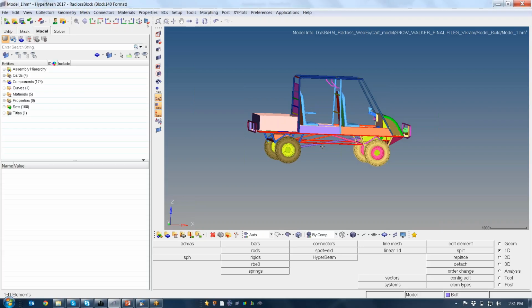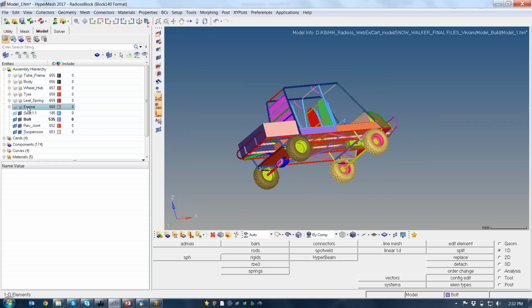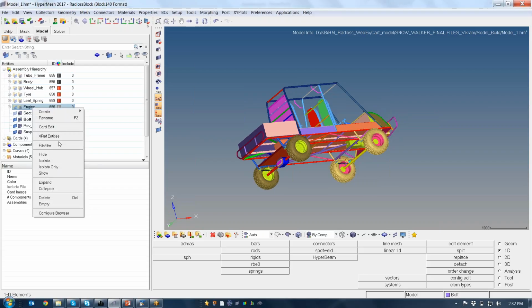Okay. So when I say rigid, it means in the event of impact, there will not be any deformation on that. So of course, you will not see any stress and strain on that. But you can make it account for the mass and inertia, which are quite important. So how to make that? Now in this simulation, I have to make this engine rigid. That's why I have kept it as a separate